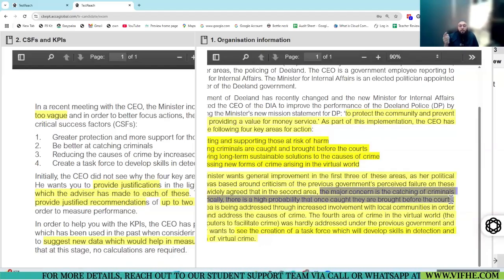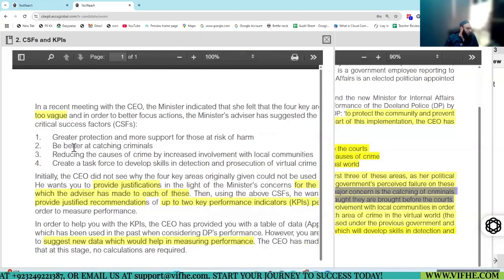The critical activity is to capture them. So they removed the unnecessary part. They removed non-value adding work. They removed something which is not critical. And such an improvement is now represented by having such a CSF.